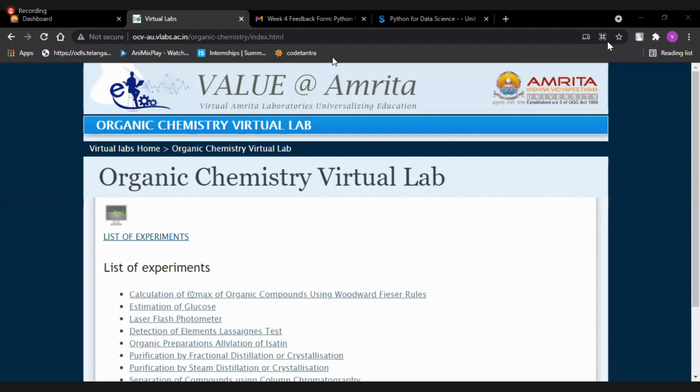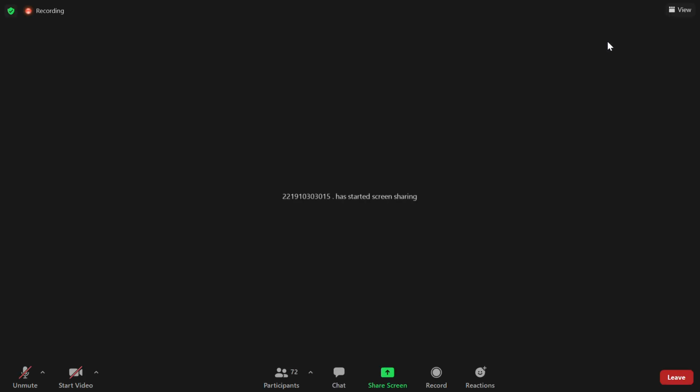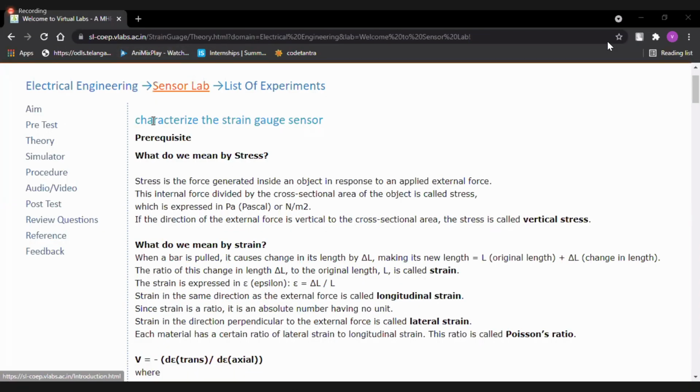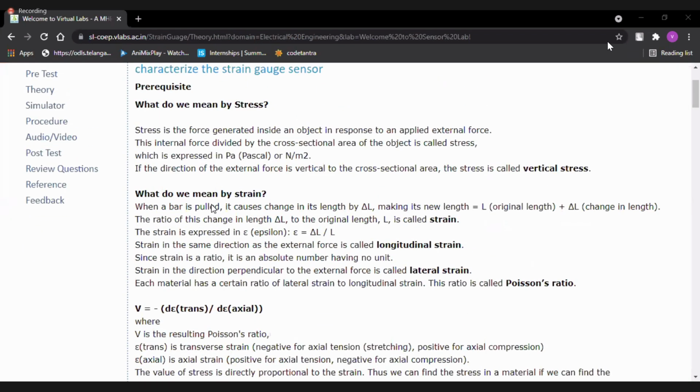Your voice is not audible, student. What is the definition of gauge factor? Your voice is not audible, 15.